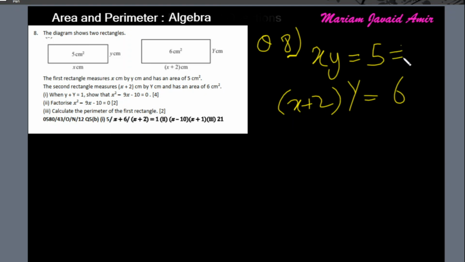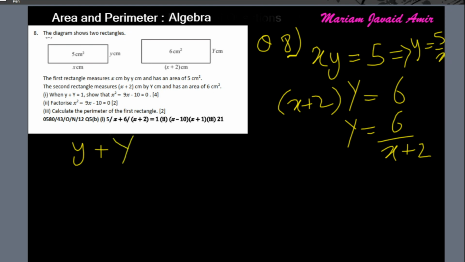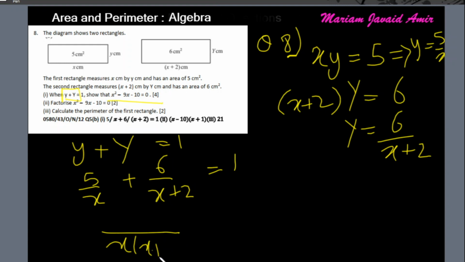So let's make small y the subject over here. We'll get 5 over x, and when I make big Y the subject over here, I get 6 over x plus 2. Now we have to add small y plus capital Y, and show that it equals 1. So small y is 5 over x plus big Y is 6 over x plus 2 equals 1, and we have to show this equation. So now let's cross multiply, take LCM first, and 5x plus 10 plus 6x equals 1. So this becomes 11x plus 10